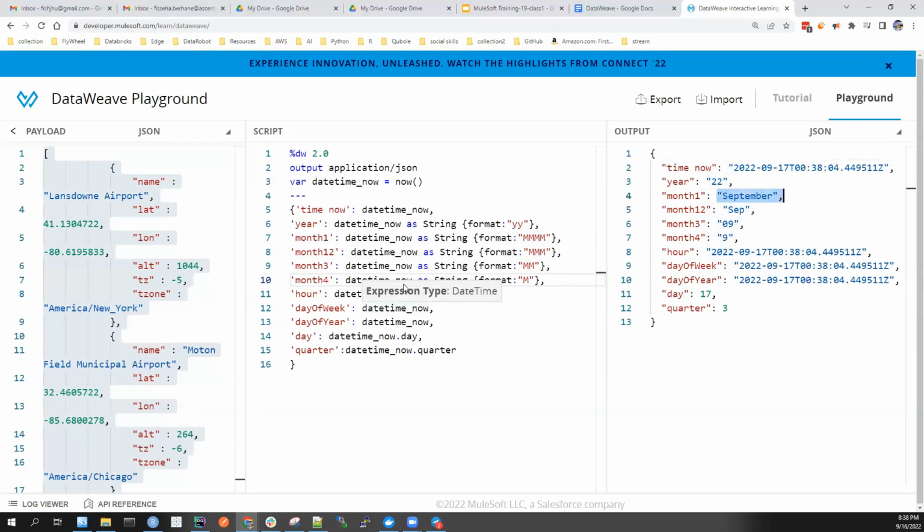Hour also, let's see how to specify the format. I mean, do you want it to be out of 24 or out of 12? And for that, I think it is, let's see, if I put H, it is out of